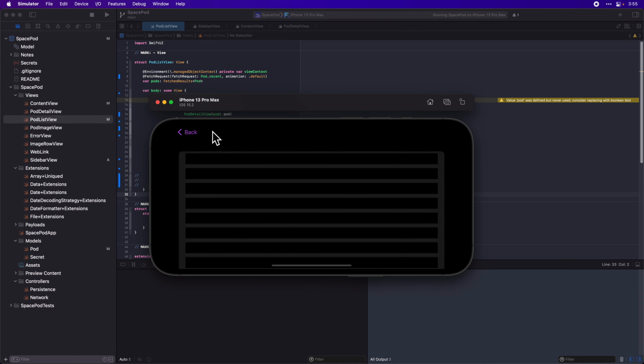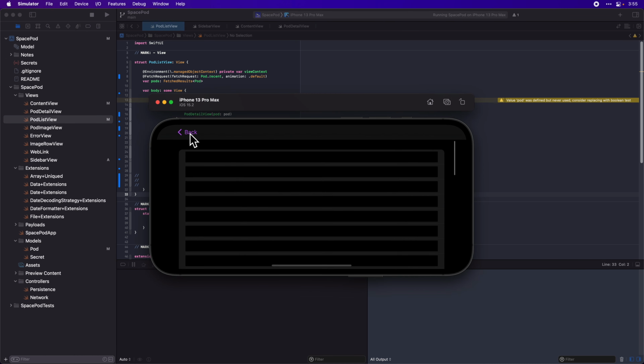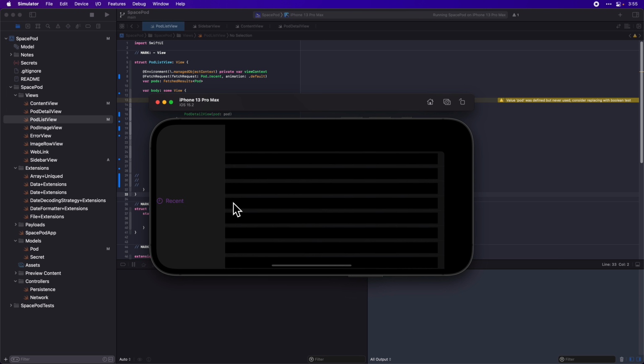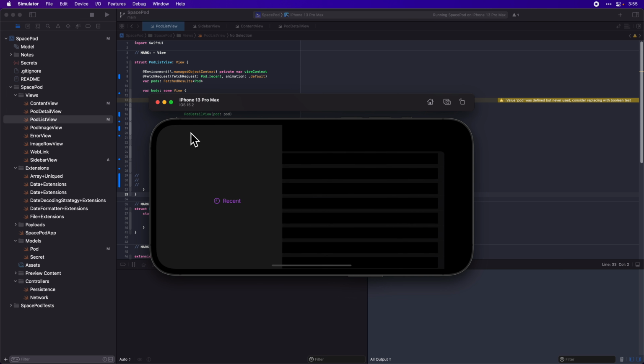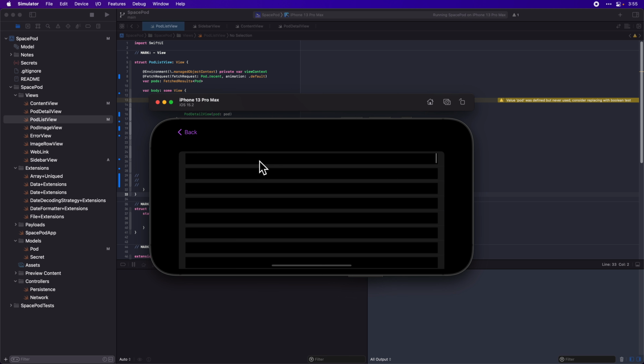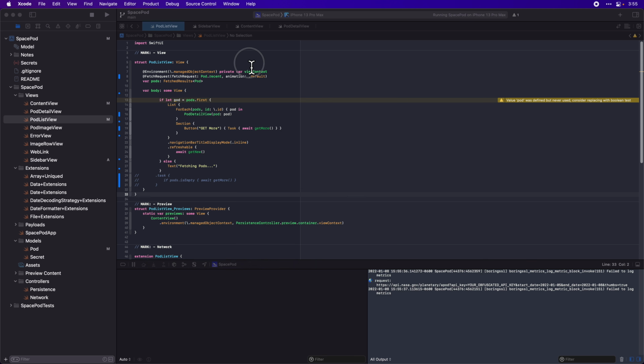Okay, we've got a few complaints. We see kind of an interesting bug here, a couple of them actually. One is this, we probably need to put it in some kind of list view. And then the opposite problem here, where we've got list views inside of list views. So